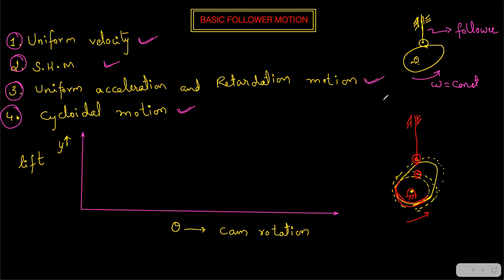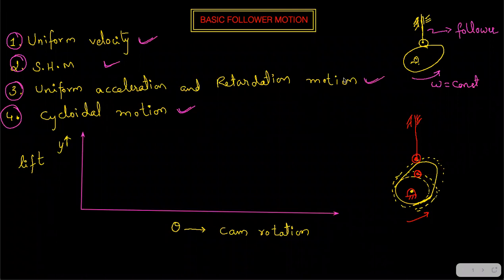And this is the least position which you are seeing right now, the least position in which your follower will be. If you draw a dotted horizontal line like this, you will come to know from where your follower is being lifted up. The zero position you will come to know. I'm going to draw it with a straight line. Yes, so this is the zero position.